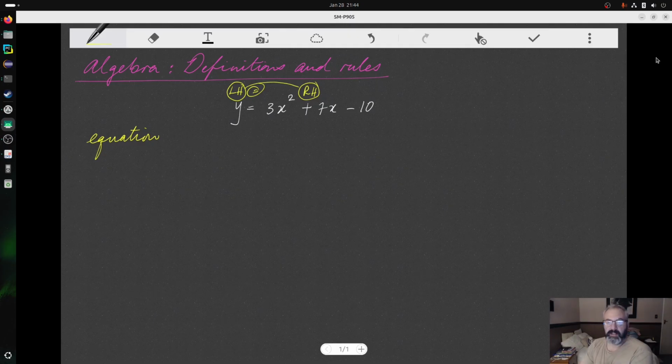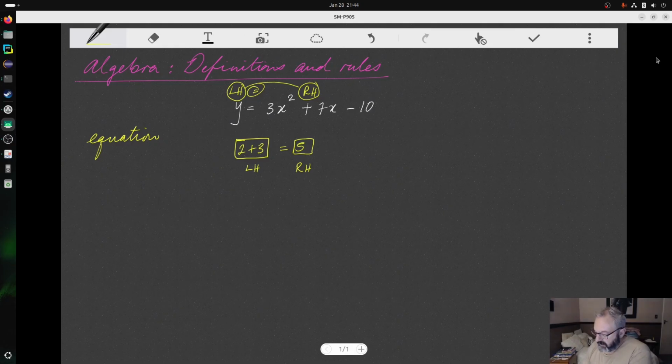Now let's have something that's very quick and very easy. Let's have something like this, 2 plus 3. 2 plus 3 is of course equal to 5. So now when we take the left-hand side and the right-hand side, we see that 2 and 3, if we add these two together, we get a 5. And what's on the right-hand side of my equation? There's a 5. So I know the left-hand side and the right-hand side are equal to each other.